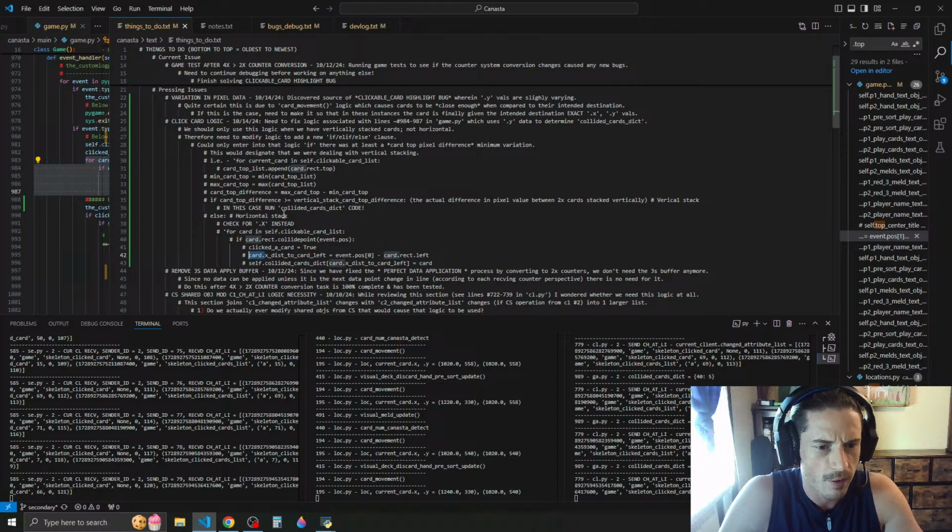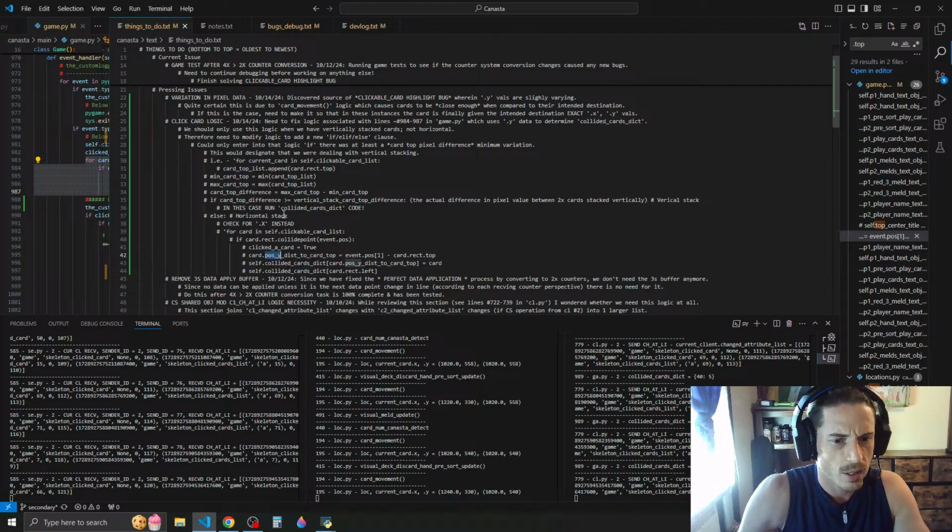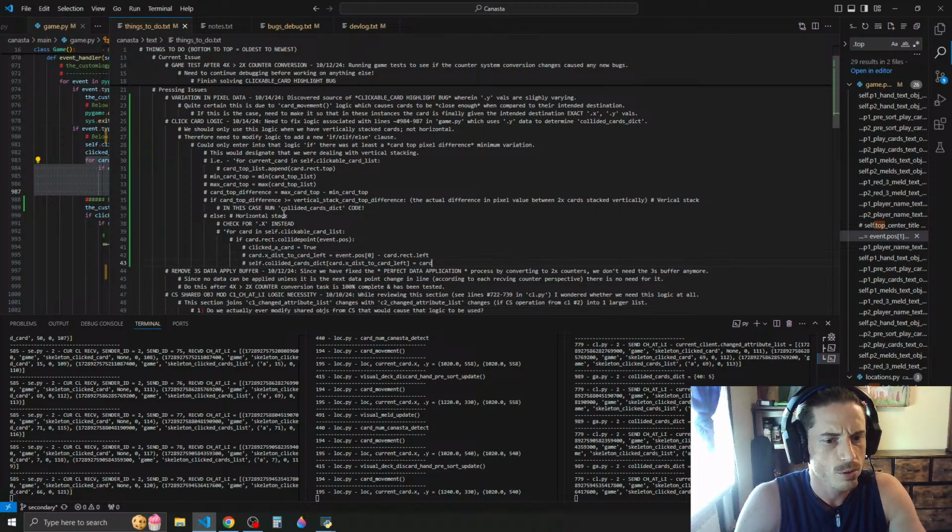We could just have this be a variable. Because like, does position Y dist to card top need to be an attribute? Just be a variable like this. X dist to card left. That's the only thing we need to do. Iterate through the list. We check to see if it would collide point. Then